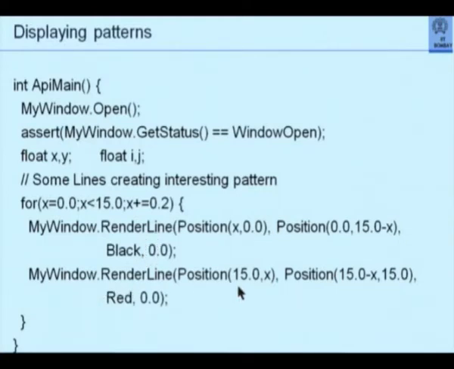Simultaneously, I render another line, which is 15, x and 15 minus x, 15. So x will be 0 initially, and this becomes a y coordinate. So I am drawing a line starting with x equal to 15, y equal to 0, going up to x equal to 15 minus x, that is 15 only, and y up to 15. So 15, 0 to 15, 15, that is the line I am drawing, a full vertical. Accordingly that line will also shift. When I complete this iteration, it will have drawn a large number of lines, creating the pattern that we saw. We will see that again.